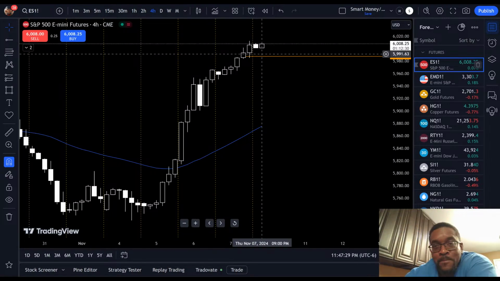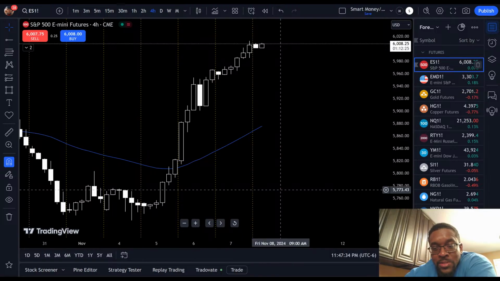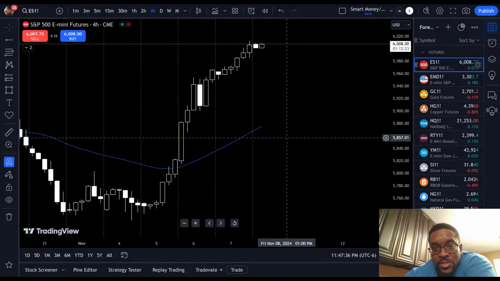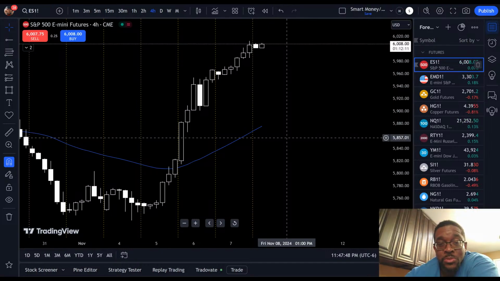So let's go. All right, so the first thing I do, hold on a second. Now, I don't know if you guys ever heard of this. It's called candle range theory. Now, I've been trading liquidity sweeps for several years now. I had no idea the way that I trade liquidity sweeps is called candle range theory. I just happened to find out a few months ago that guys are calling it candle range theory. But I've been trading like this for several years and doing very well with it.